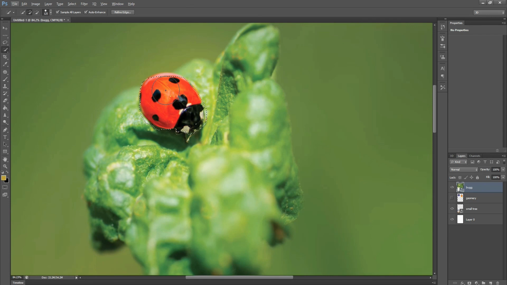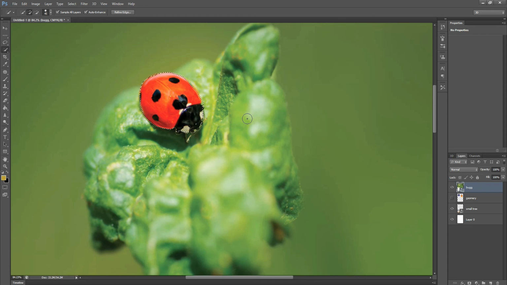You can also increase or decrease the size of the brush through the bracket keys. If we press the right bracket key, we can increase the size of the brush. If we want to decrease the size of the brush, we press the left bracket key. Then we particularly select this bug.